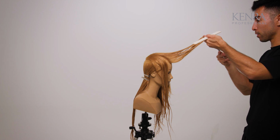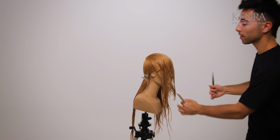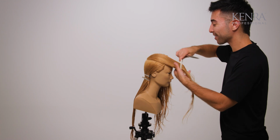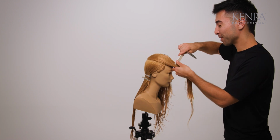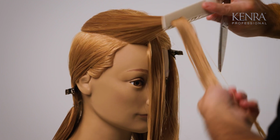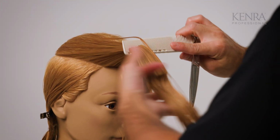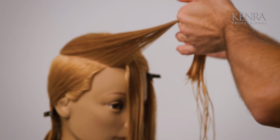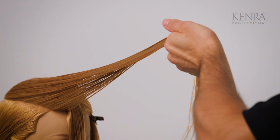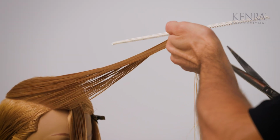That's probably my favorite thing to show my clients before they leave, is I'll spin the chair around and I'll grab the hair, I'll put it all together, and they're like, wow, it looks like little waterfalls. So it's cool to share these moments with your client to show them how they can wear their hair. Don't just give them the haircut, but also give them the options to know how to style it, what they can do with it,